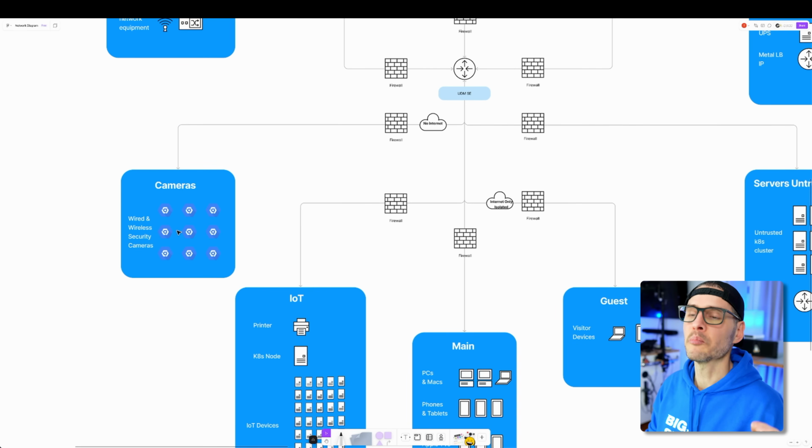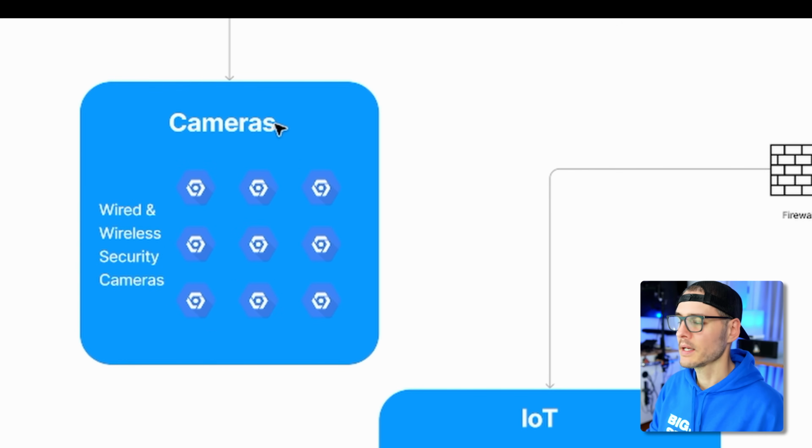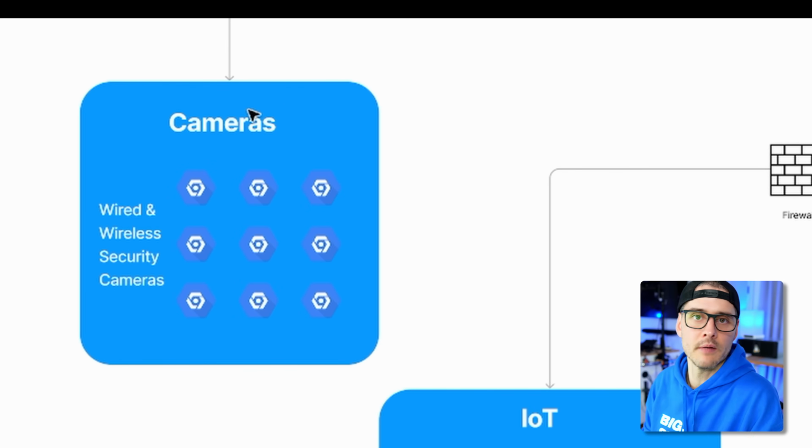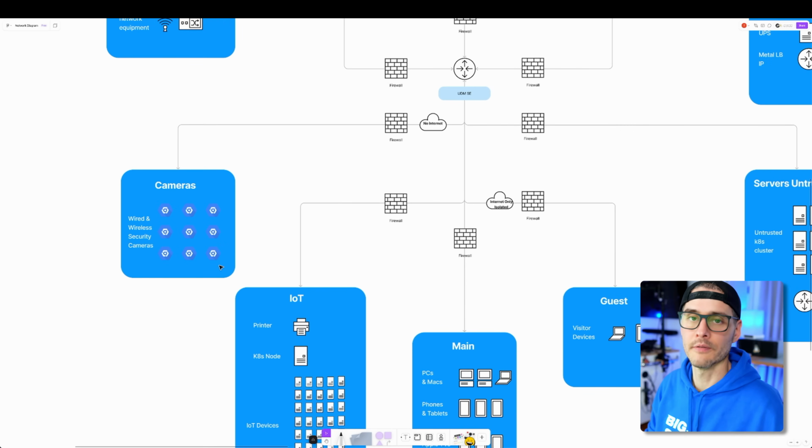So the camera VLAN, pretty self-explanatory. This is where all of my cameras live. And this VLAN is pretty special because I actually blocked the internet from this VLAN. These cameras shouldn't reach out to the internet anyways; they should connect back to UniFi Protect. But just in case, for some reason, they decided to go to the internet one day, they're not going to be able to make it. So that's what I do wholesale across this camera VLAN, because I don't want any devices on there to ever go out to the internet. They have no reason to, because I self-host UniFi Protect here.